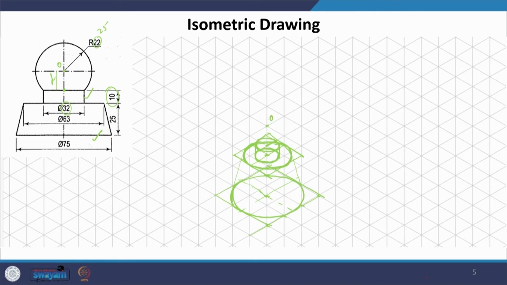Now, this is 25, we are drawing the actual dimension. So, 25 and this is the circle, this actually merges with the circle here. So, we know that this is the circle which is also the plane where the sphere has been cut, and taking this one here we could actually draw if it was 25 radius. So, what we actually have is a square at the center which will help us arrive at the radius, or I could have measured also, but I am just deriving it, it is better to do it that way. This is the radius. Okay. Taking this as center, this as radius, we will now draw a,